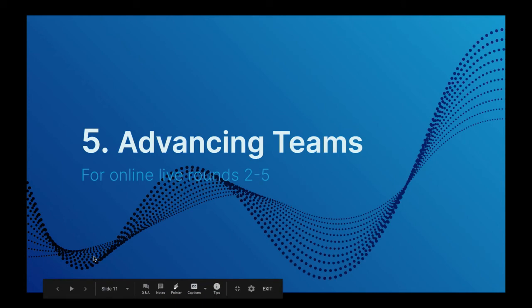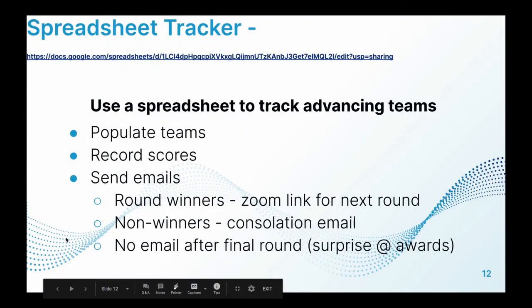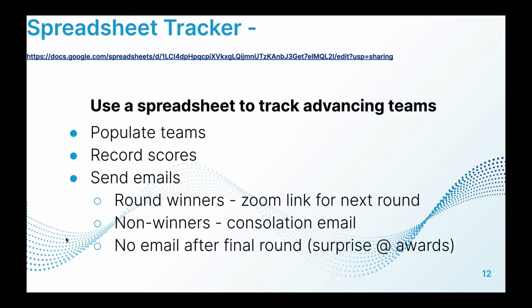This section will go over advancing teams. We used this spreadsheet to track advancing teams, and what we did was we populated that spreadsheet with the teams that qualified, 1 through 16 seed for secondary, 1 through 4 seed for post-secondary. You record their scores after the rounds are over. For high scores for each round and bracket, you send the Zoom link for the next round to that team to a designated email. For the non-winners, you might want to send a consolation email saying that they did not advance to the next round